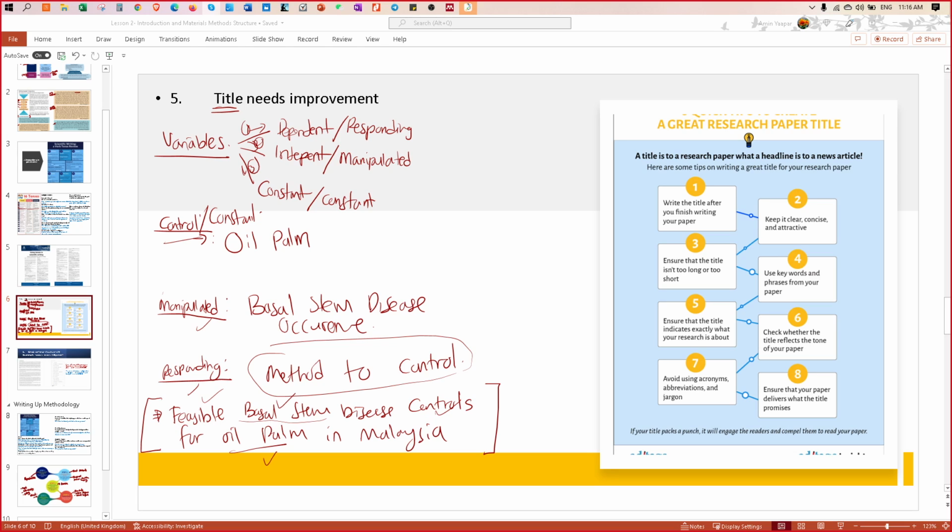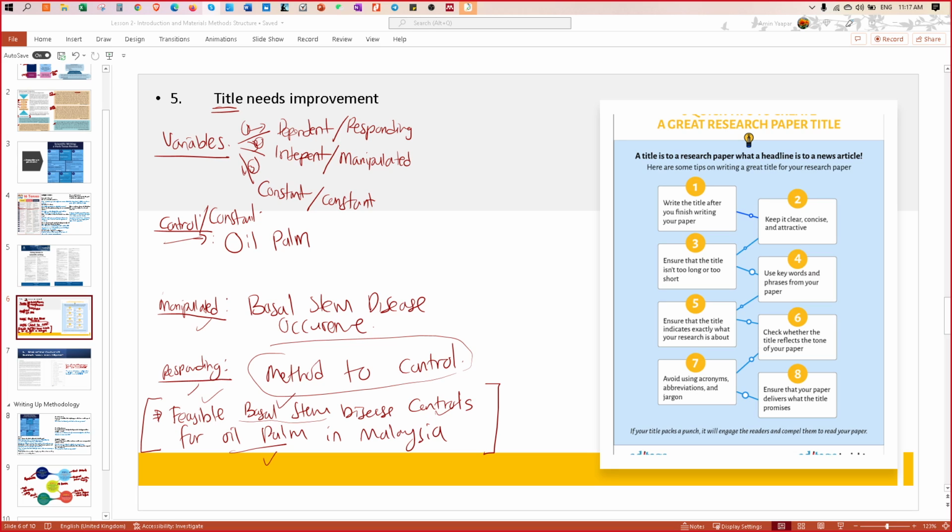The thing that you manipulate from your secondary data is your disease control methods, or no, the occurrences of the basal stem rot. I study the effect of this BSR on yield at different types of soil.